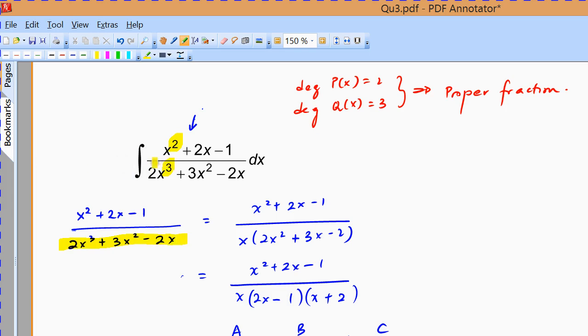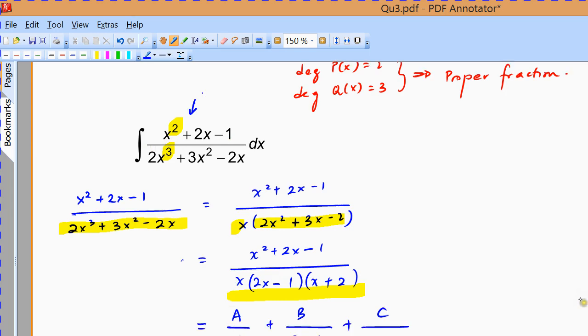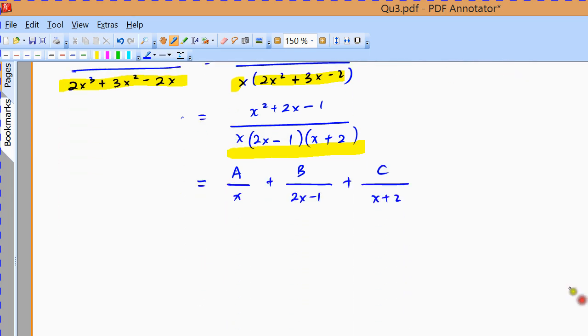I've already factored out the x, and this quadratic expression can be factorized as well, so we end up with 3 linear factors. Now for the 3 linear factors, we obtain 3 partial fractions as given here. Now remember, if your denominator is linear, your numerator should be 1 degree less, and that is why we get